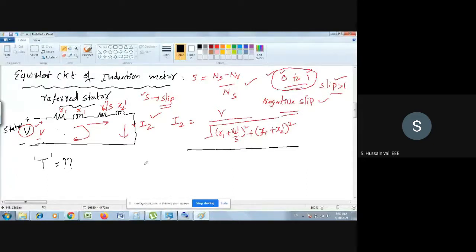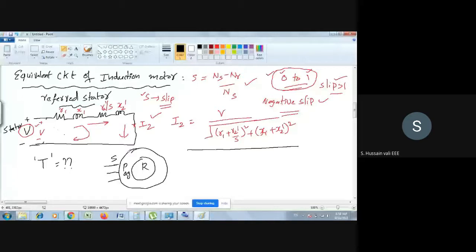See, induction motor. I will just recall what is happening in induction motor. See, this is stator, this is rotor. So you give some supply here. When you give some supply here, then in the air gap some power will be produced. PAG, I will write air gap power. Okay, some air gap power will be produced. So stator power is there. From stator power, of course, you can take the copper loss in the stator. Then the remaining air gap power will be produced.